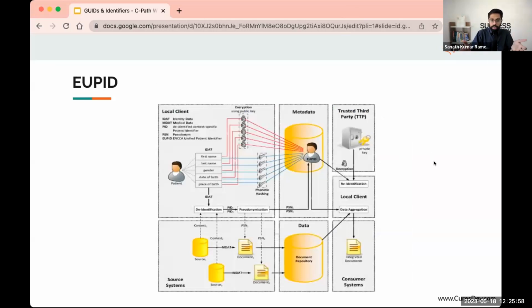There's the EU PID. The EU folks developed an algorithm that's very similar but different. This offers the ability to re-identify a patient if there is a trusted third party. This also offers the ability to pseudonymize their identifiers. So the chance of re-identification goes down. There are a lot of cool techniques that they implemented, but their hashing algorithm is still not as tolerant to misspellings or missing fields and so on.